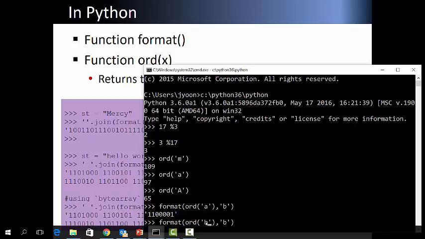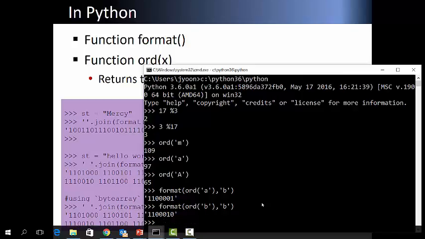B is one above that, right? If you add one more, then what is it? 1100010. Yes, that is it. And then C means 1100011. Thank you.